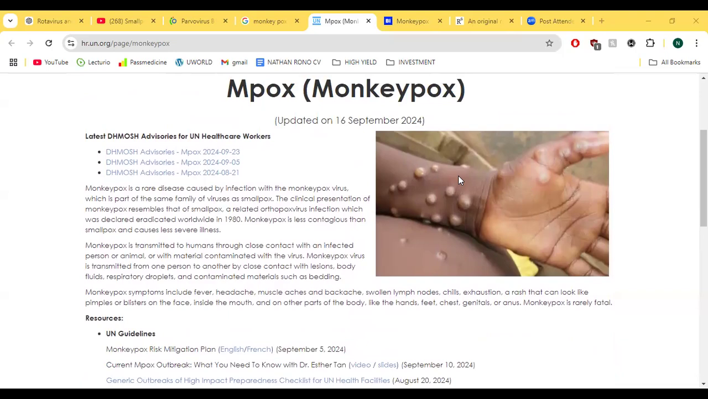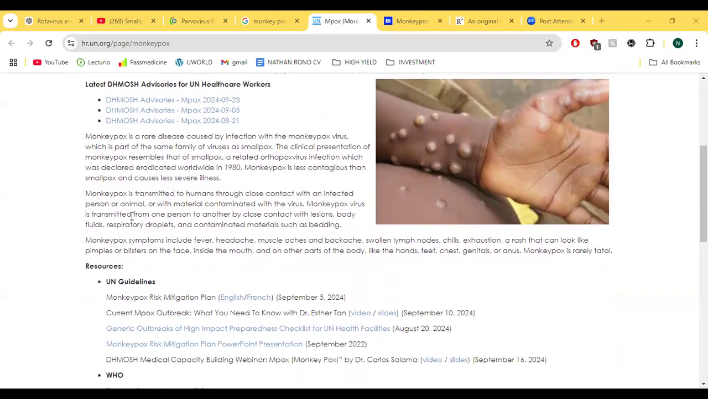And we know it's transmitted through close contact. They can bring a picture like this, then they ask you the mode of transmission, so you'll answer close contact. And then for the symptoms, we can read here. Transmitted to humans through close contact with an infected person or animal, or with material contaminated with the virus. Monkeypox is transmitted from one person to another by close contact with lesions, bodily fluids, respiratory droplets, and contaminated materials